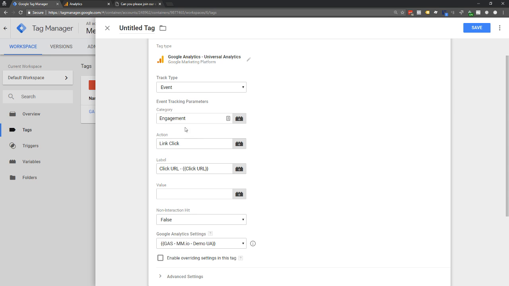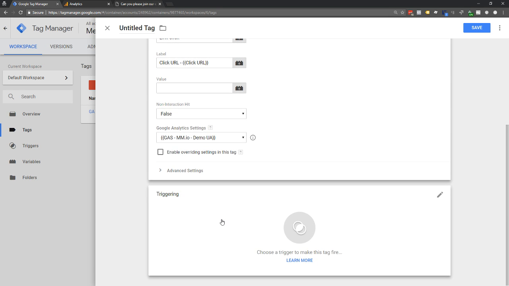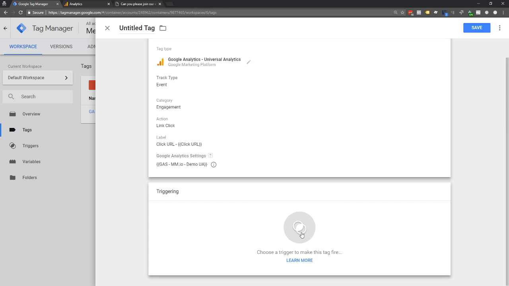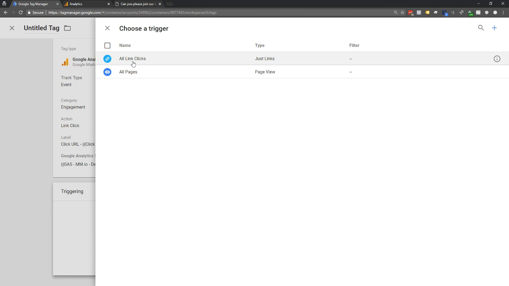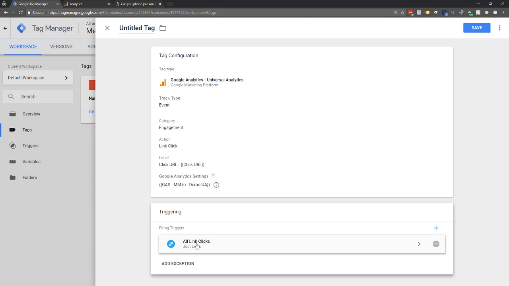But also remember, you can set up the tag to be Analytics or Facebook or Google Ads. It really doesn't matter. The point of this particular training is really around this trigger, because when you set up this trigger and you say, yes, I want it on all link clicks, now every time somebody clicks on a hyperlink, the tag that is associated fires. And again, that tag could be telling Facebook somebody clicked on a link. Now, again, why would you want to tell Facebook that? Why would you want to tell Google Ads that?